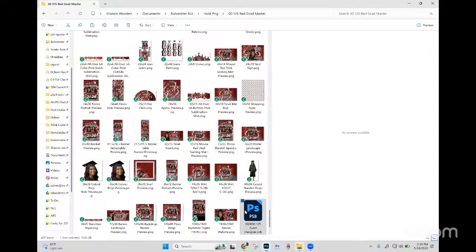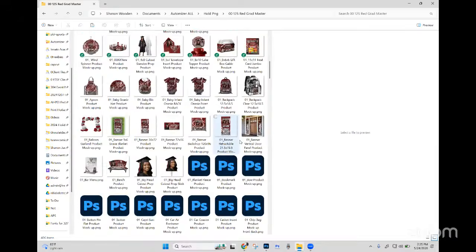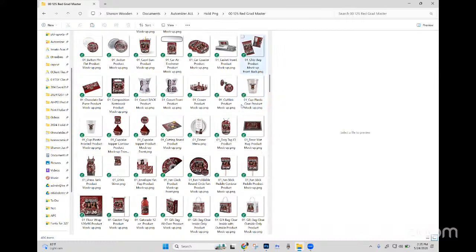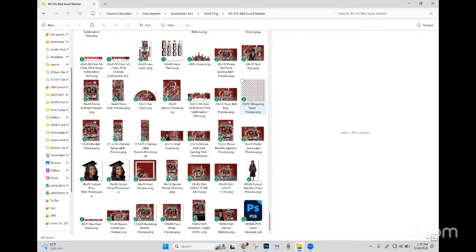Just so we can see, this file is inside of the whole PNG folder for whatever project that you have completed. So this is my red grad. This might be somebody's name. This might be class of 2026. Whatever you are labeling this for your whole PNG. And then the event designer file is within that whole PNG folder for that specific design. Okay, and I'll do this one more time